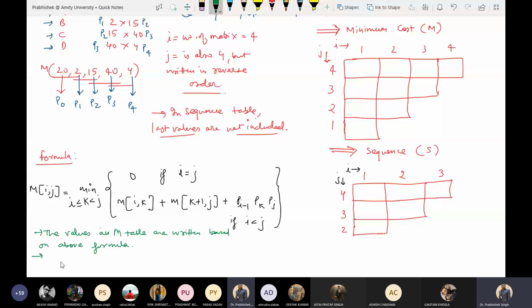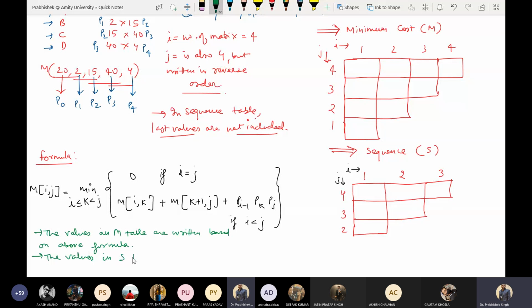Minimum cost table को हम कैसे fill up करेंगे? हमको इस फॉर्मूले को इम्प्लीमेंट करना होगा, बार बार इस फॉर्मूले को इम्प्लीमेंट करना होगा, यहाँ पर भी, यहाँ पर भी, हर जगह, तब जाके हम इन मिनिमम कॉस्ट के ब्लैंक्स को फिल कर सकते हैं. Second point, the values